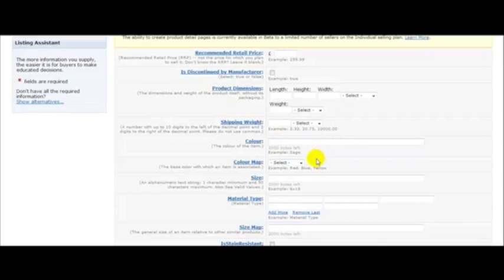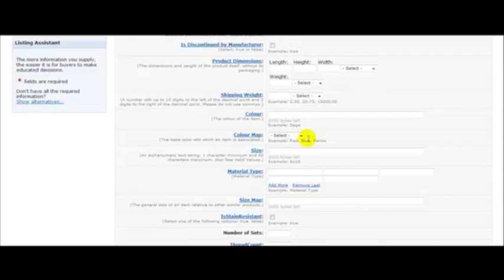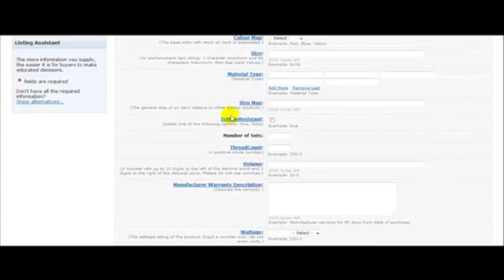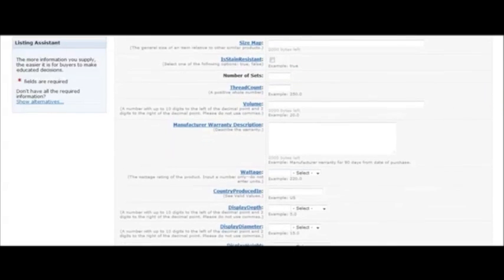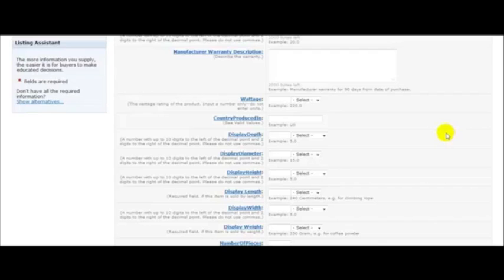Add the color. You don't need to add the color map. That's just extras. If the color was a bit of an obscure color, then you could add the kind of base color that that color is associated with. So that's not vital at all. Size, what it's made of, if that's relevant, but it may not be. And then you've got other little bits here that may or may not be relevant to the product that you're selling. This bottom section here, it does look very long-winded, but honestly, you can go through this really quickly,